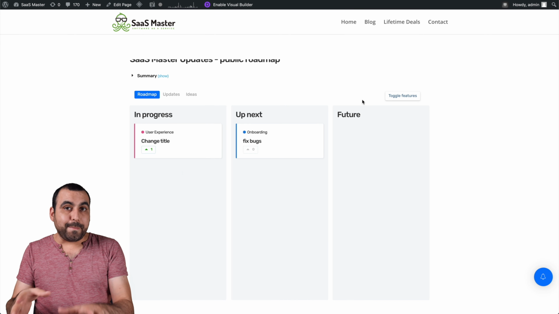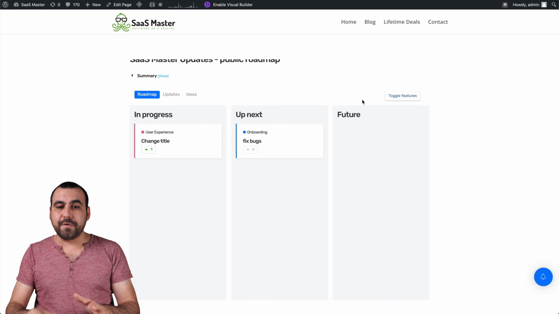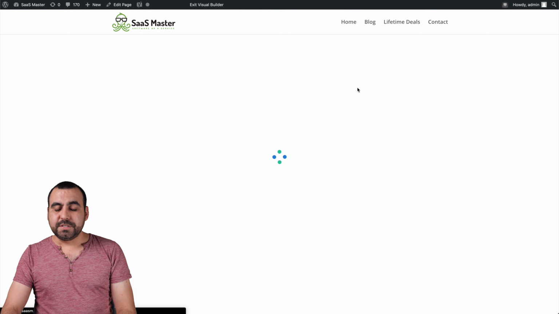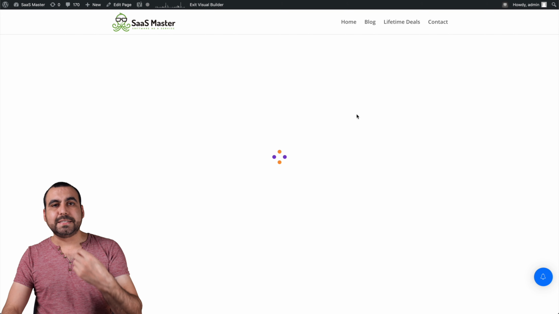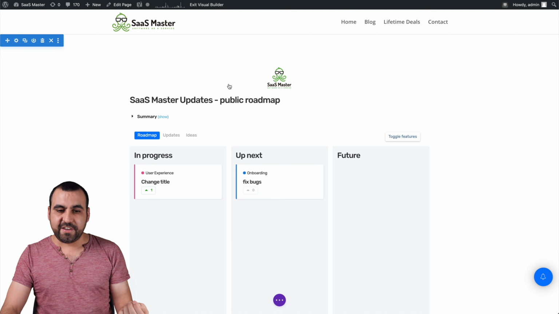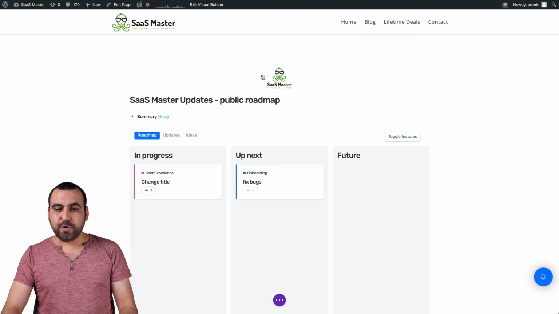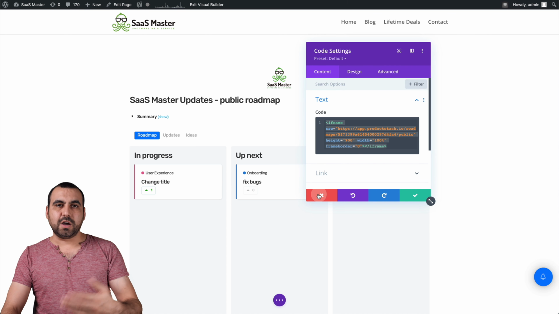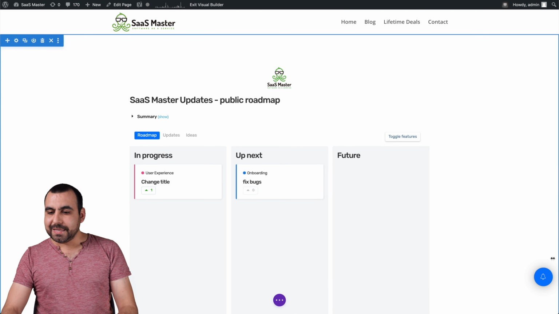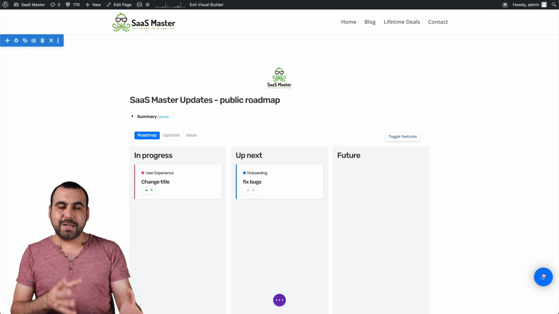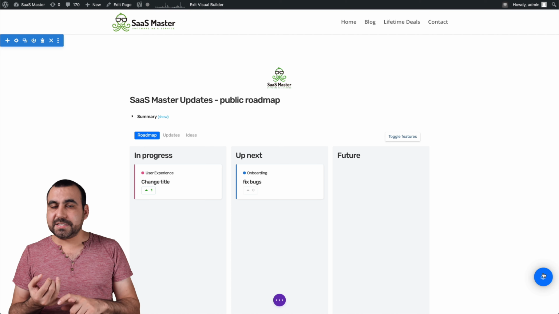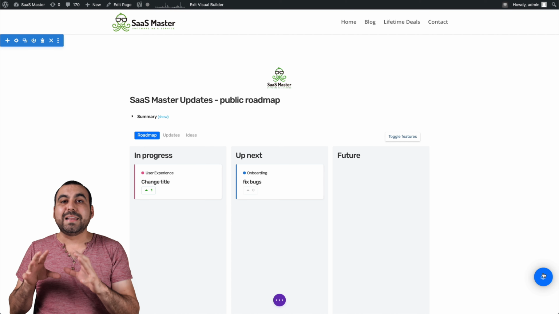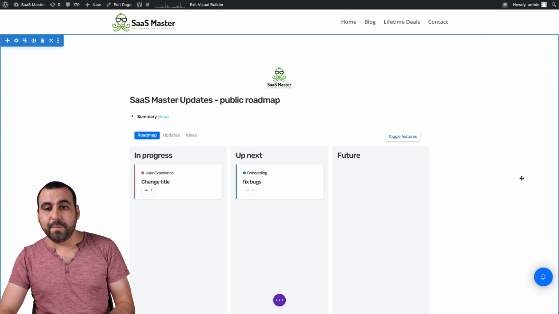I'm not going to use the roadmap on this site. I just wanted to show you how easy this was. If I enable the builder on this site, which I will, just to show you, all I did was embed a simple code that Product Stash gave me. So right now I'm going to click on it, I will edit, and here is the code that I embedded on my site. I mean, talk about easy, right? To embed this widget, I embedded it on the body of my site. It could be any HTML site, it could be a WordPress site, it doesn't matter what site you have, you can embed this. That's what's really cool about it.